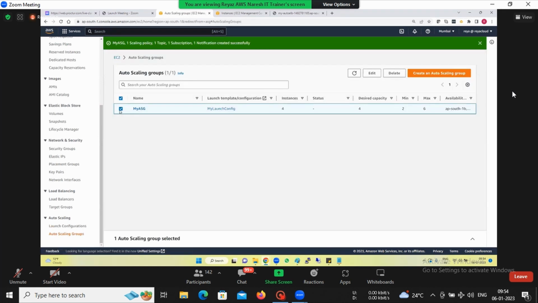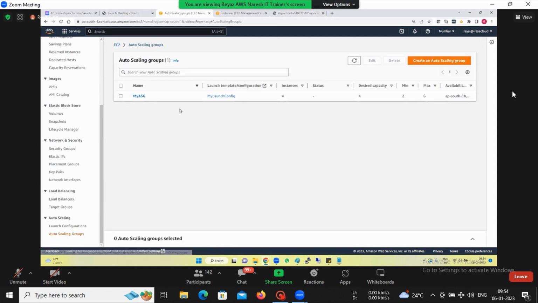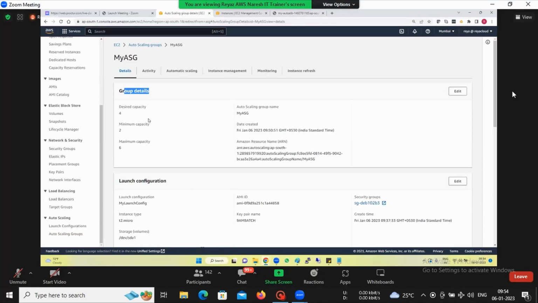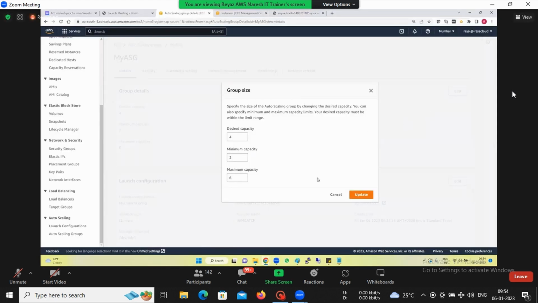So now, if I go to my auto scaling group, do you see this here? It was coming at the bottom. So if you go to my auto scaling group, do you see these group details? I have desired capacity, minimum capacity, maximum capacity. Guys, if I am going and editing this manually,